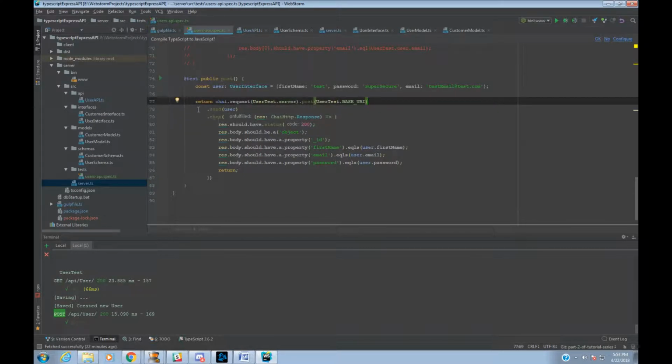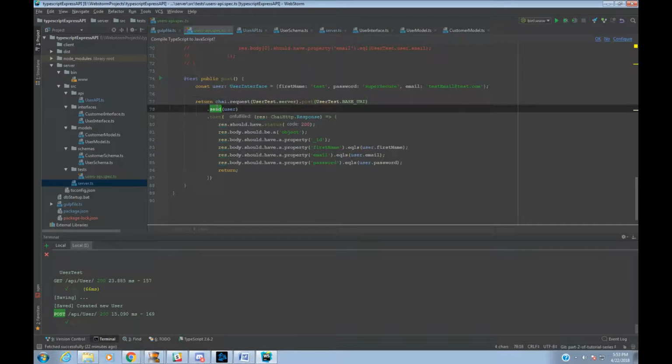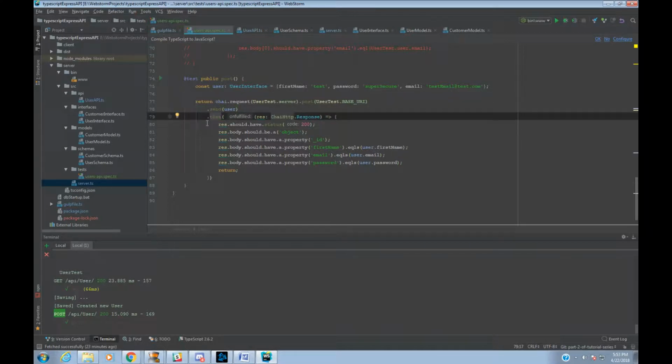Next, I need to actually send it something. So I'm going to invoke the .send method next, and that .send is going to send my user information. So now I'm sending this user information over to my server, and I'm going to expect that my server is going to respond back with some kind of JSON object, and it's preferably going to respond with a copy of whatever I just saved to the database. So this gives me back a promise, and I'm going to say .then, and this response is a special kind